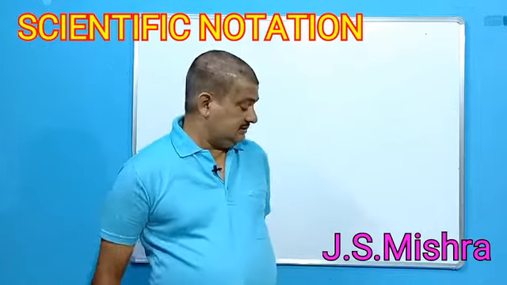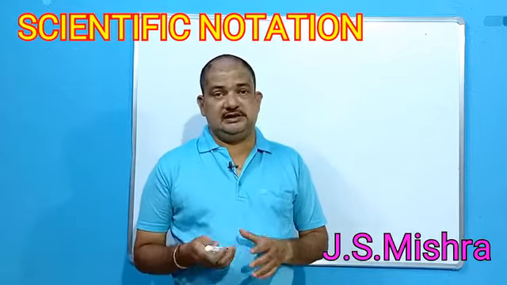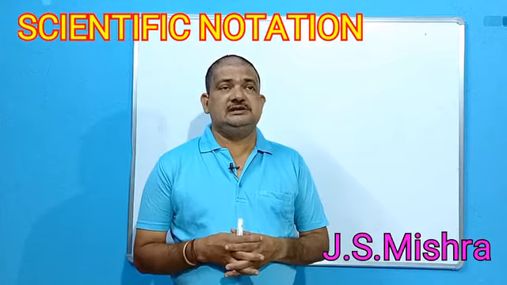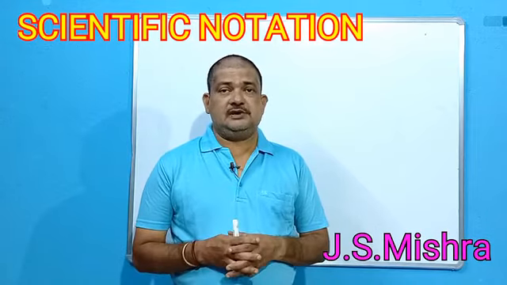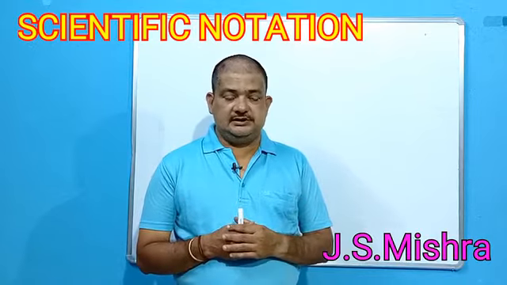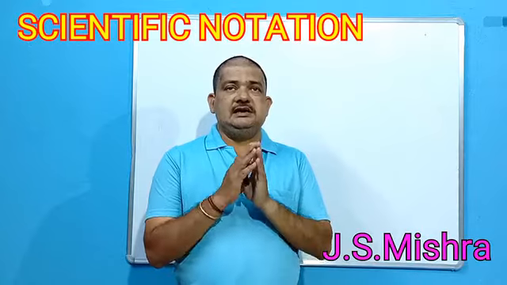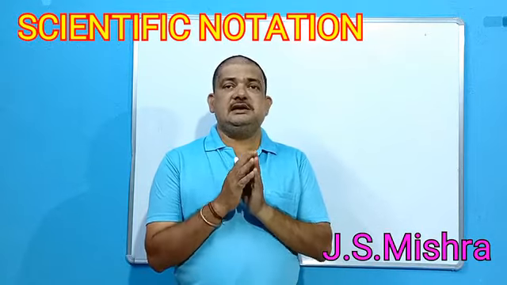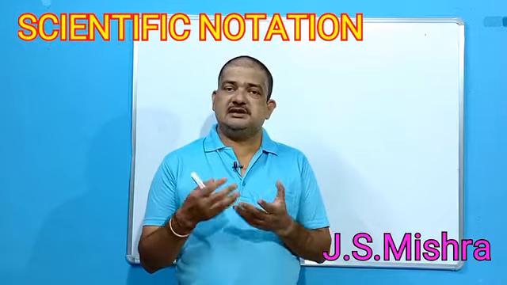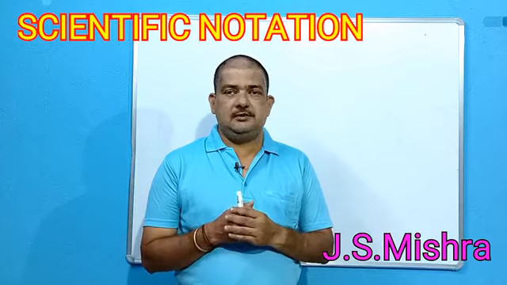Good morning, students. In the last class, we discussed limiting reagents. Once again, I tell you what a limiting reagent is: the reagent which is present in lesser quantity and is therefore consumed before the reaction is completed. How to find out the limiting reagent? Any reagent present in lesser quantity is the limiting reagent because it will be consumed first, and therefore we limit or stop the reaction before it is due.